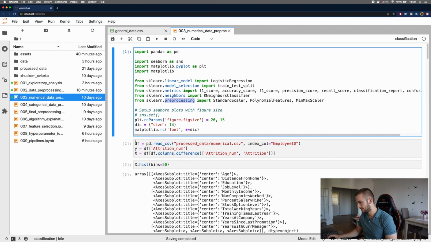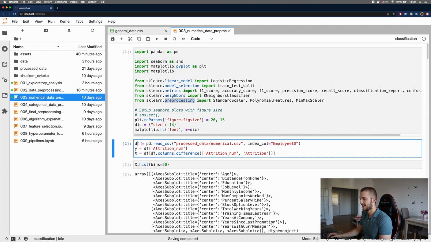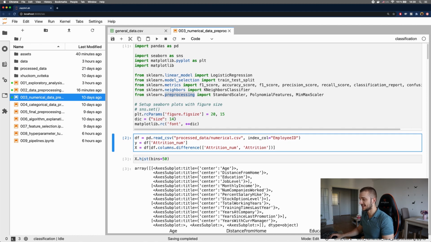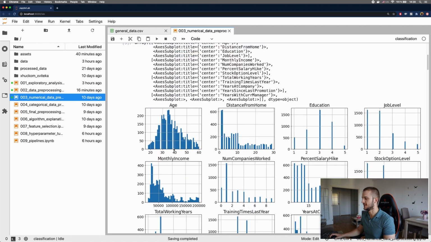Now, I am reading the numerical data into the DF, and the same as in the previous video, I'm splitting the y vector of predicted values and the matrix of the target features outside. And then first I'm printing this hist. I already printed it in the exploratory analysis notebook, but right now I'm doing it here just to recap what we did. So here we can see the distributions of our data,